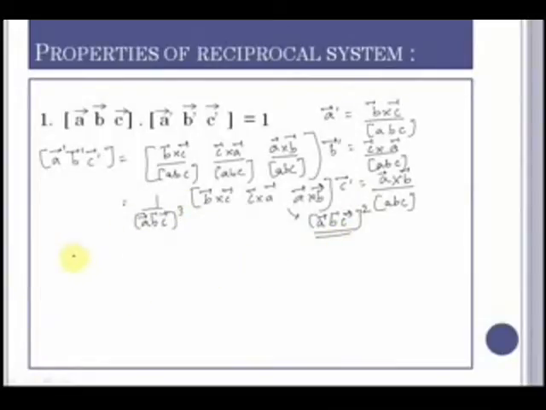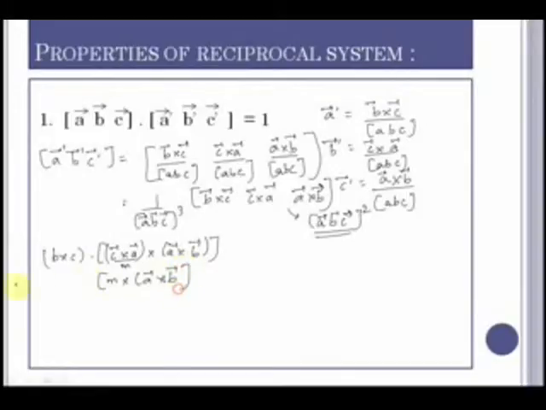This is nothing but equal to B cross C dot C cross A cross A cross B. Now what we do is write this as equal to M. So this would be M cross A cross B. Now this is the vector triple product and this value would be equal to M dot B times A minus M dot A times the vector B